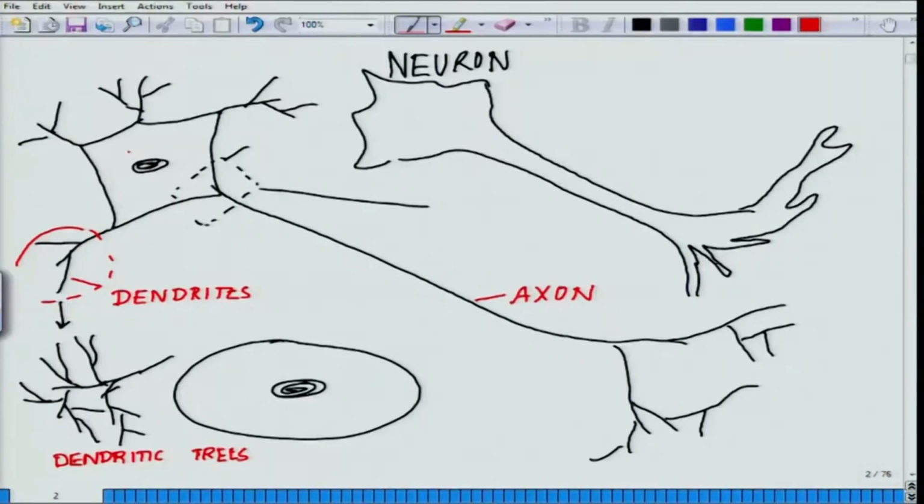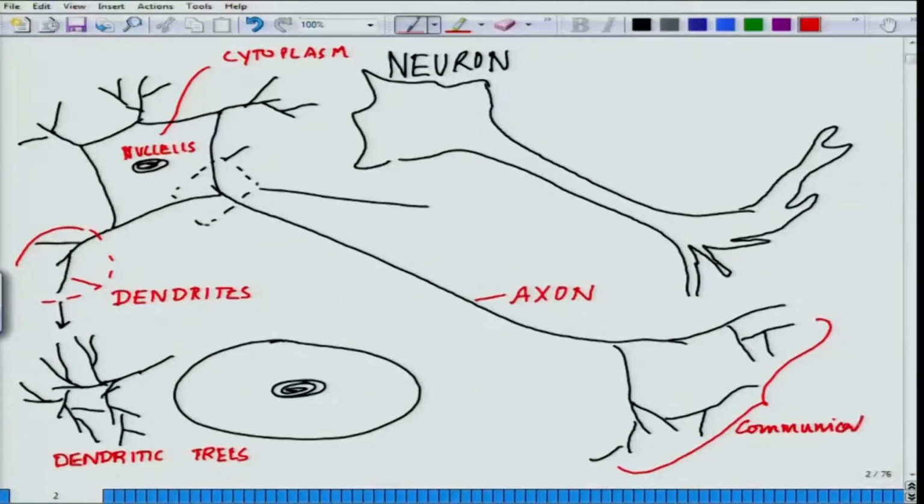So, here you have the nucleus, here you have the cytoplasm with all the different cell organelles, okay. And this is the zone where communication occurs, and we will come to that. Communication occurs,